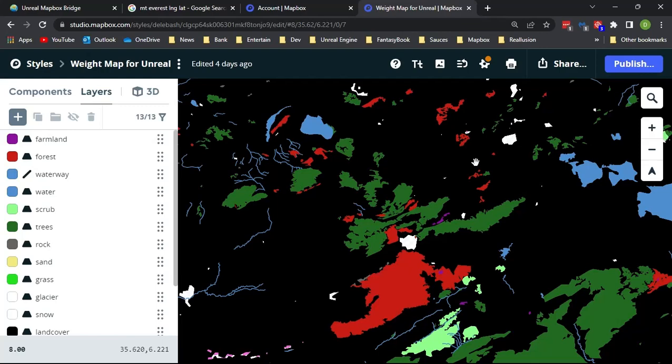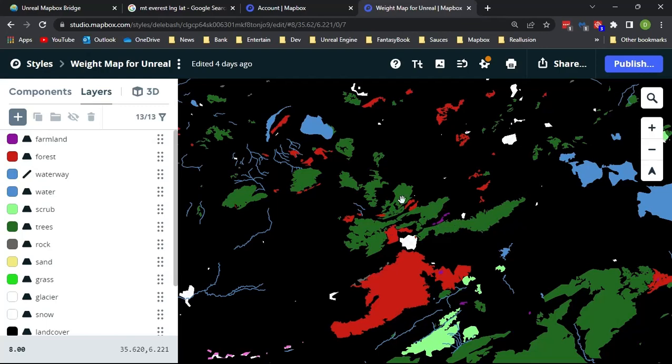So what we do then is we create a black and white image of all these green areas, a black and white image of all these red areas, of all the different colors, a black and white image representing all these different colors. And now when we import our 16-bit height map, we can also import these weight map files. So weight maps, what is that? That is trees. This weight map of trees will use our landscape material, as long as we have it matched up correctly, to automatically